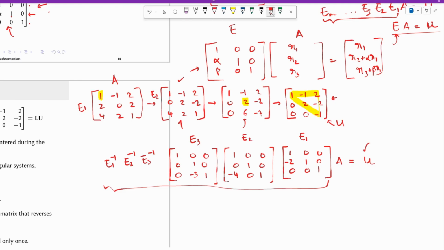I have to do the same thing on the left hand side. So before U, I will incorporate E1 inverse, E2 inverse, E3 inverse. Okay? That means I'll get A equals